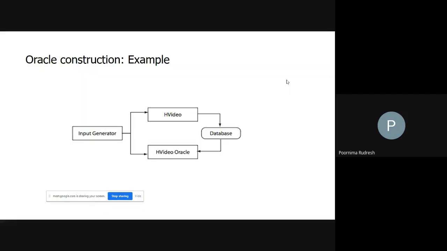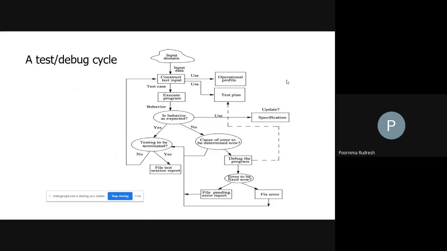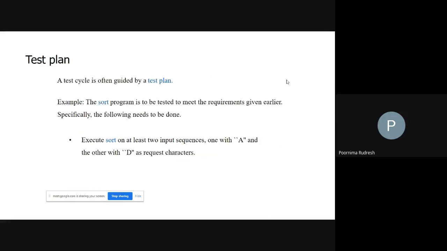So this completes the testing and debugging process. In the testing and debugging process, we concentrated on what is testing, what is debugging, the test plan, the test data or test cases, construction of the test data or test cases, then the state diagram for the testing and debugging process. You have to explain what the testing and debugging process is and what the execution of a program is, and after the execution of the program you have to assess the program correctness.